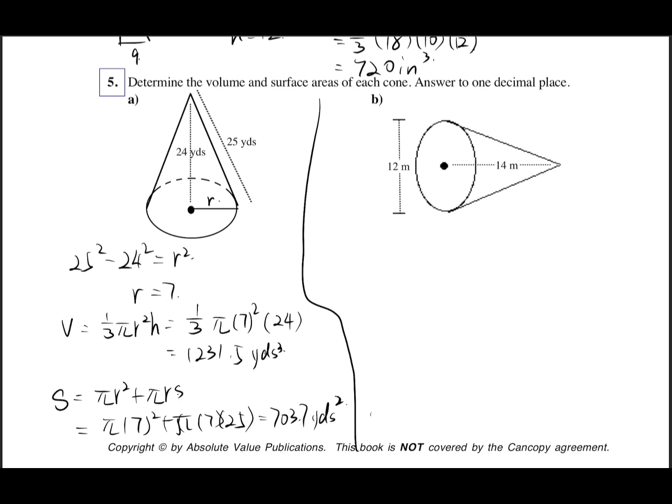Okay, for the next one we have the diameter. This one is 6, and we need to find the cylinder. So 14 square plus 6 square equals the cylinder square. So the cylinder equals square root 232, and then for the V equals